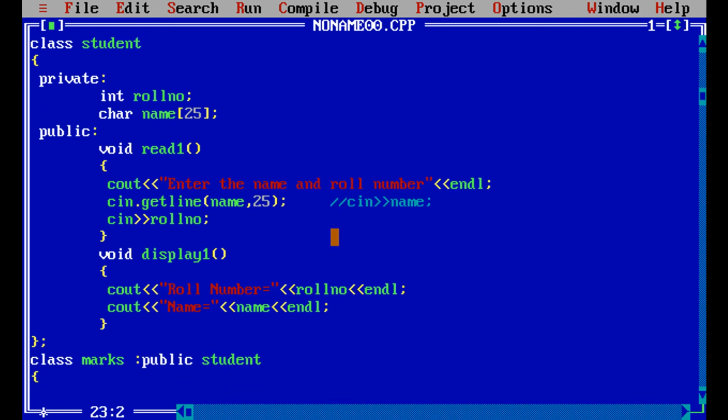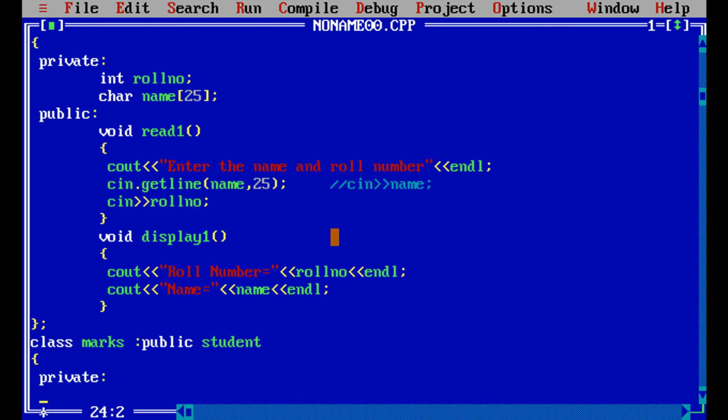So as you know, in the base class we have the data members belonging to the private section. So in the private section we will be having name, marks 1 of the student, marks 2 of the student, and even total.